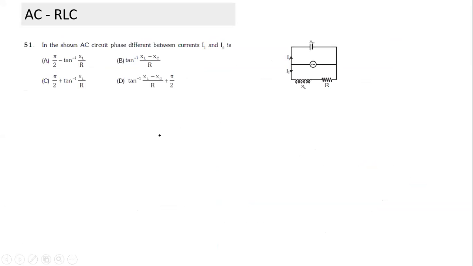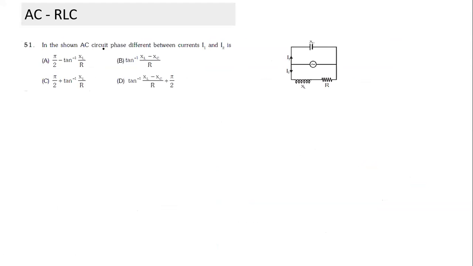Let's look at this question. This is slightly different, and I'm actually not sure whether it should be in the syllabus or not, but a simple application may come. The syllabus clearly states a series circuit. This is a parallel combination, but a parallel combination also is not too different. So let's understand even some simple example of a parallel combination.